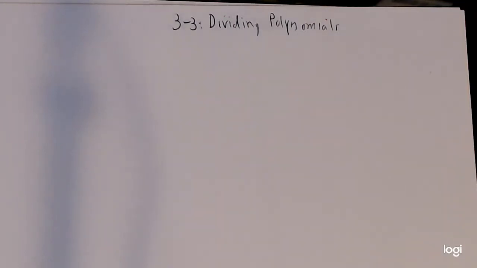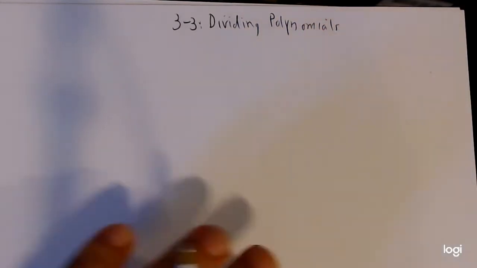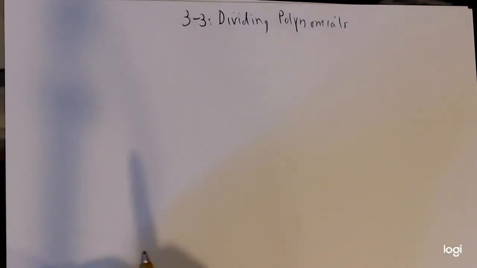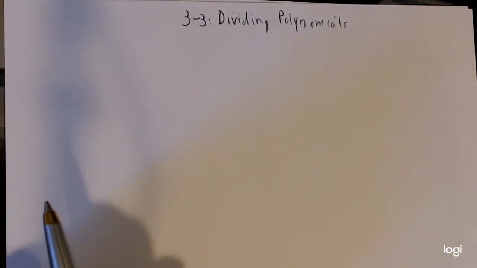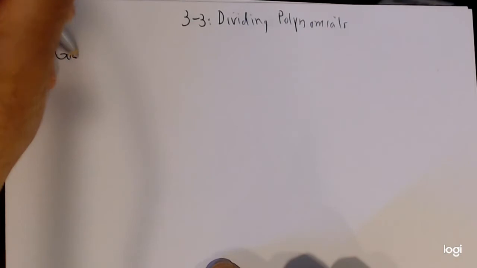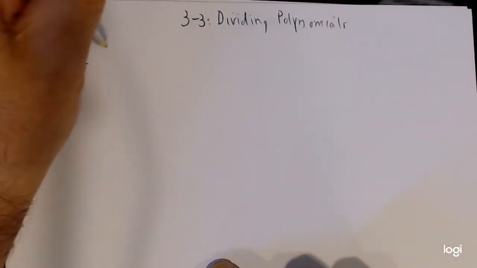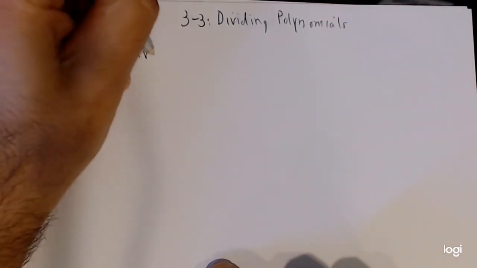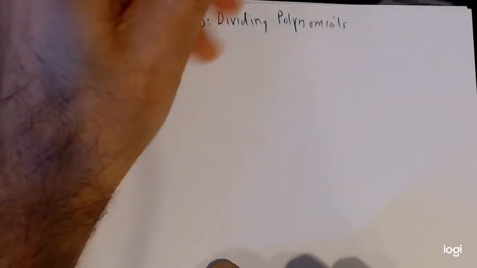All right, so what we're going to talk about today is dividing polynomials, which is going to be crucial because to find zeros of polynomial functions, we need to know how to divide to be able to see if a certain zero of a polynomial exists. So we're going to start off. Our main goal in the beginning is going to be to divide polynomials